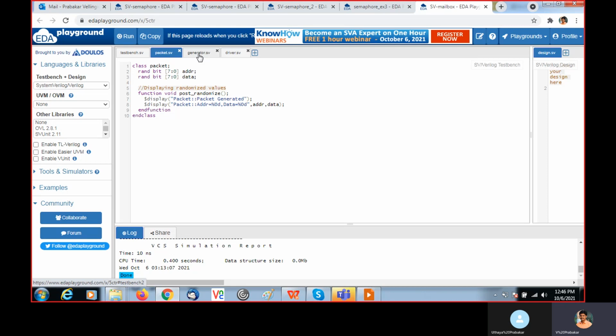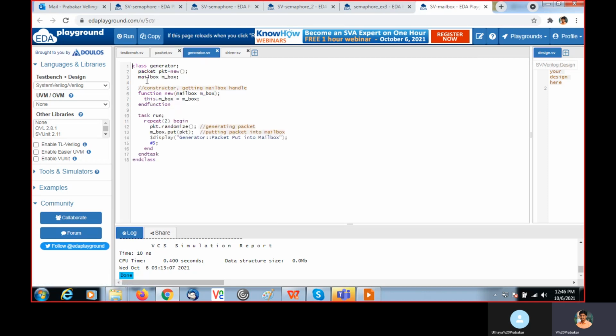With the help of the generator, we are instantiating this pkt here. We are going to generate the transaction, say a sequence, and put it inside the mailbox, and we are going to get that at the driver. That is what this example shows.